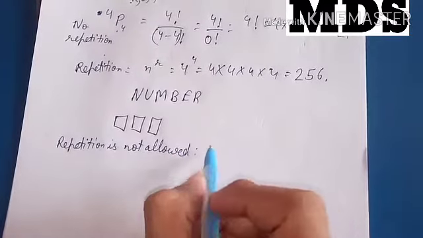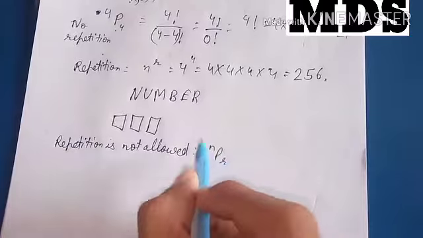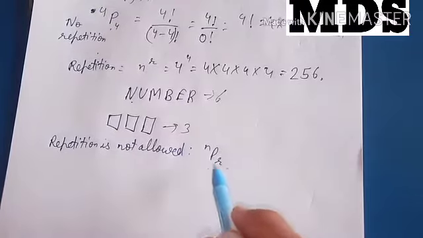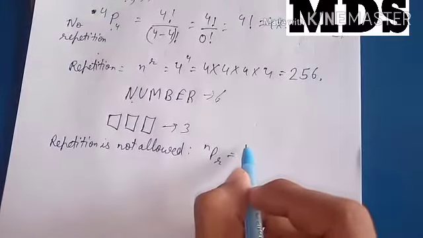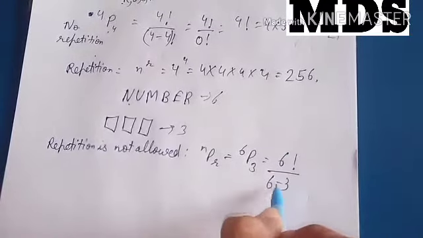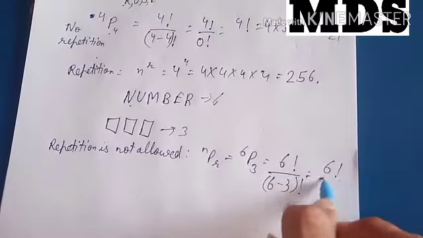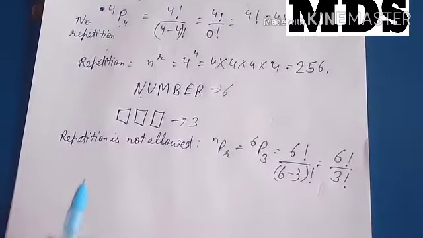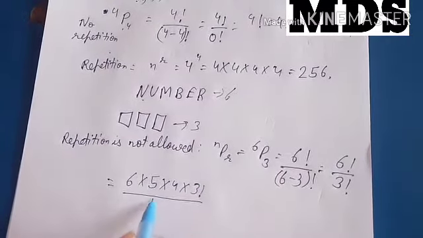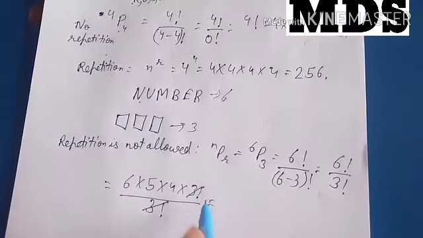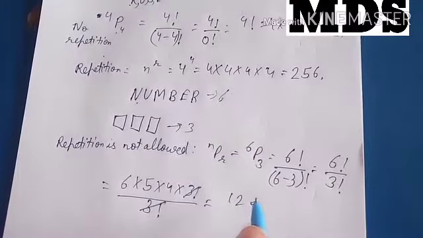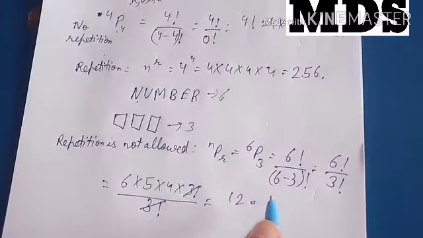In that case, what is our formula? That is nPr. Here our n is 6 because it has 6 letters, and r is 3 because we are taking 3 at a time. So that means it is 6P3. That means 6 factorial divided by (6 minus 3) factorial, that is 6 factorial by 3 factorial. So this will be 6 into 5 into 4 into 3 factorial divided by 3 factorial. It will cancel, and we will get 120. The same answer that we discussed while initially studying the topic permutation.